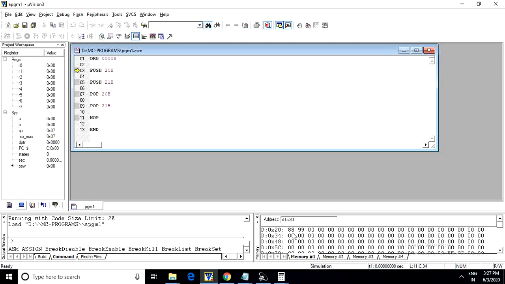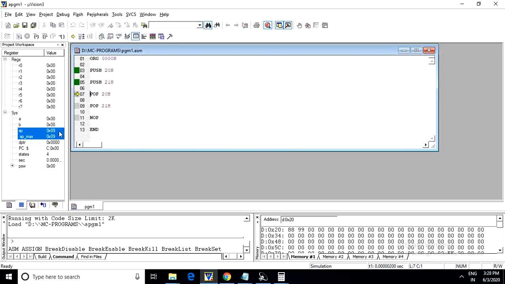Let us see what happens when the push instruction is executed. When the push instruction is executed, the stack pointer, by default, will be pointing to 07H location. It will be incremented by 1, that is 08. So in 08, this input 88 will be stored. Let me execute the program. And next, this 99 will be stored in 09 location. That is, when push 21 instruction is executed, whatever is there in 21H location will be stored in the stack.